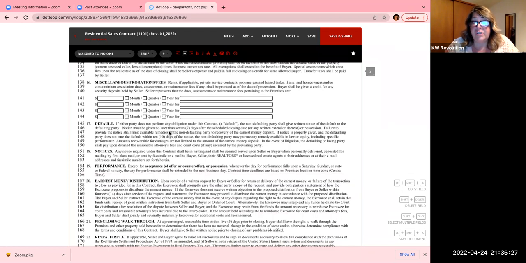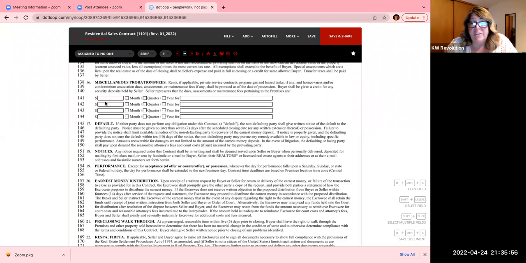These proration fees would be a situation of having like a monthly or even an annual fee. One would be an HOA fee. So if there's a condo association, they may pay every month into the condo association. Some HOAs just have an annual fee. So I know like Lake Camelot has, I think, an $800 or $700 a year fee. So you're just going to put that down, and either it's for the year or for the quarter or for